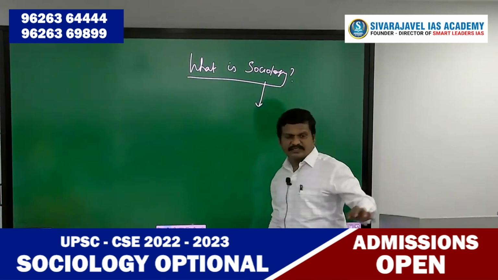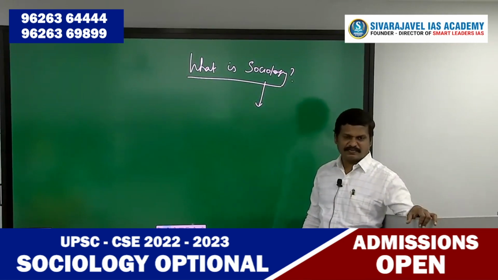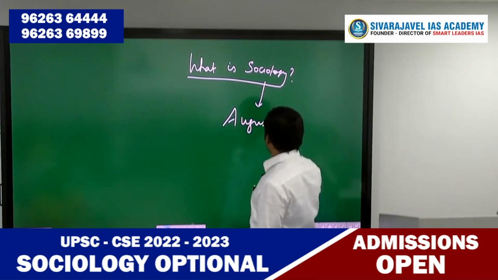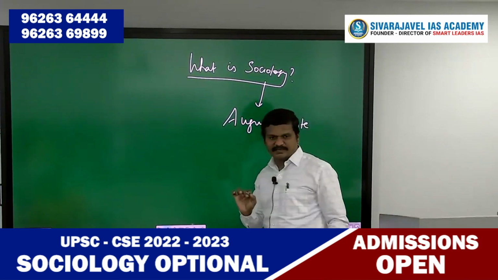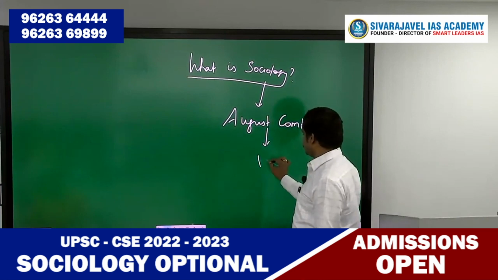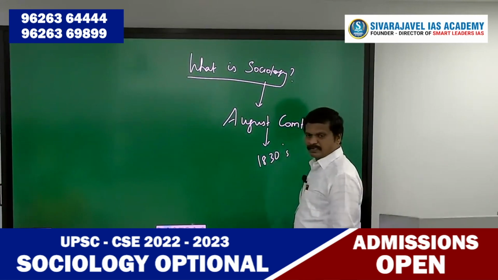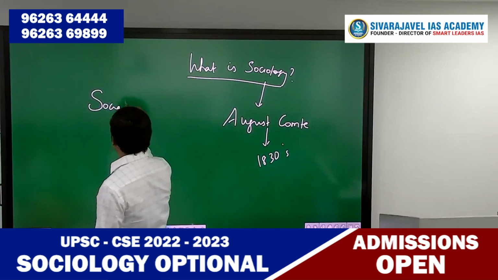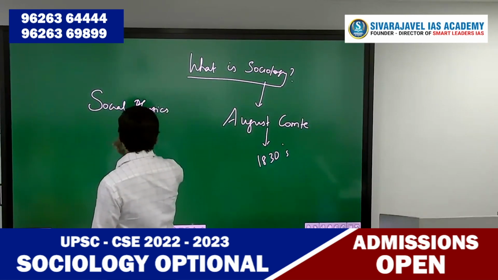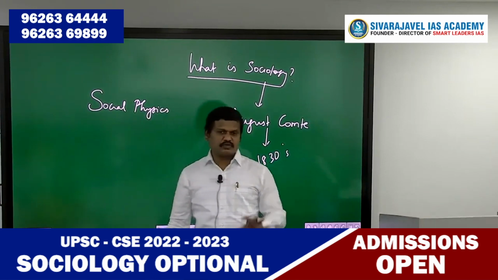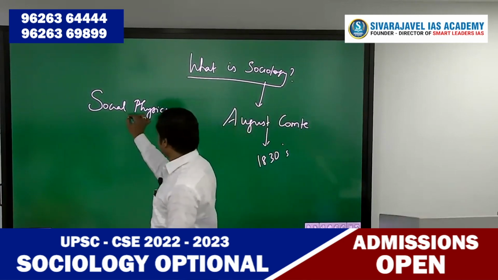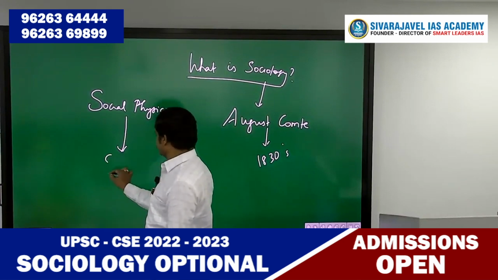Sociology is a term coined by one great philosopher or sociologist belonging to France. His name is Auguste Comte. He coined the term sociology only in the 1830s. Earlier, he used the term social physics. He didn't use the term sociology first; he first used the term social physics. Later, he renamed social physics as sociology